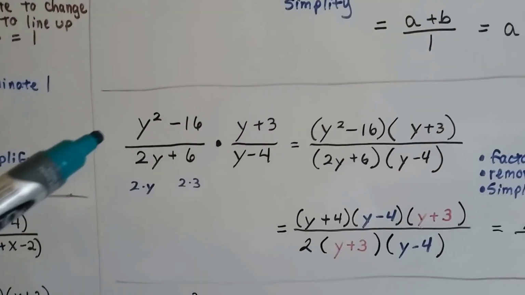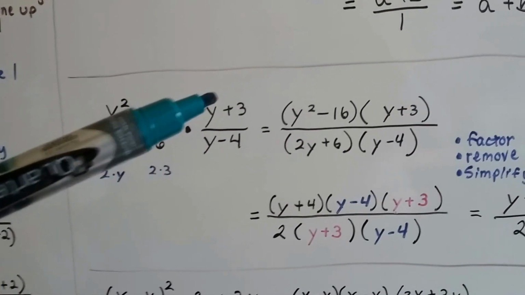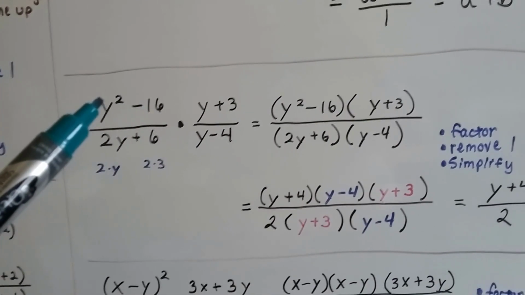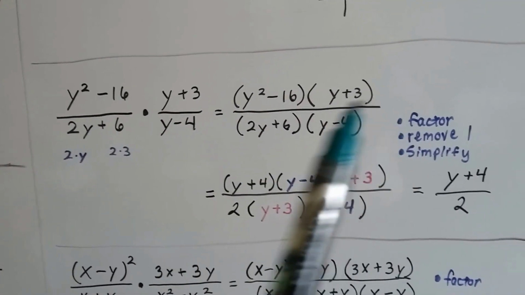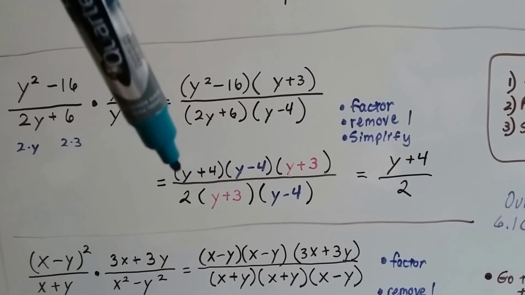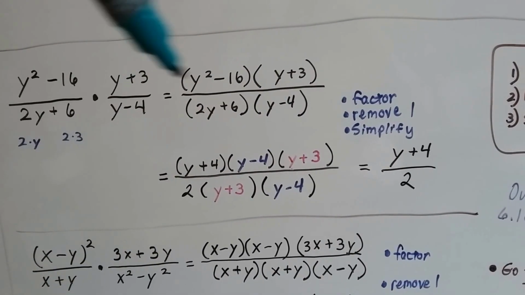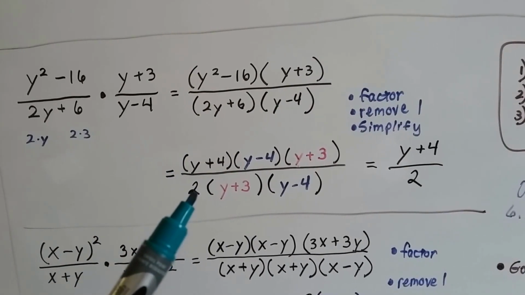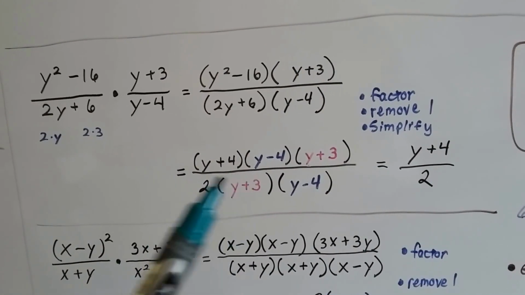Look at this. We have y squared minus 16 over 2y plus 6 times y plus 3 over y minus 4. We can factor this, right, as a y times a y, right? We can rewrite it with one big fraction bar. So when we factor the y squared minus 16, we get a y plus 4, y minus 4. We drop this y plus 3 down here, that guy. And we can factor the 2y plus 6 as a 2y, 2 on the outside of parentheses, y plus 3,